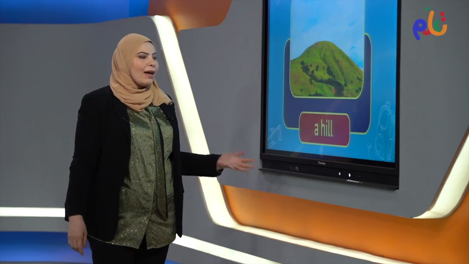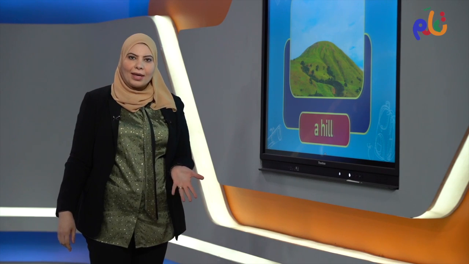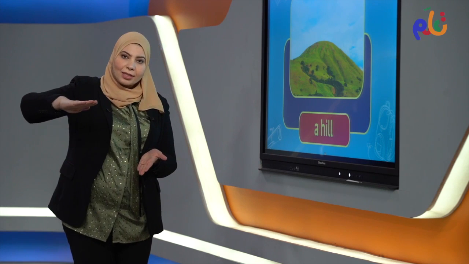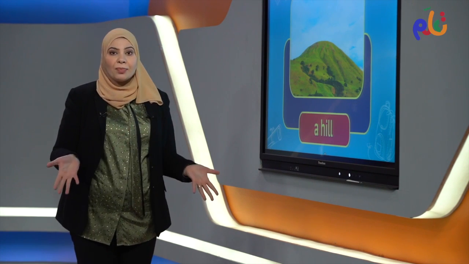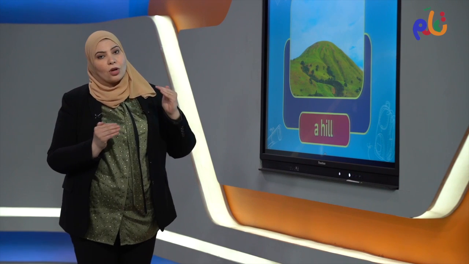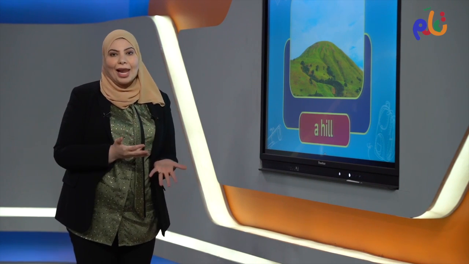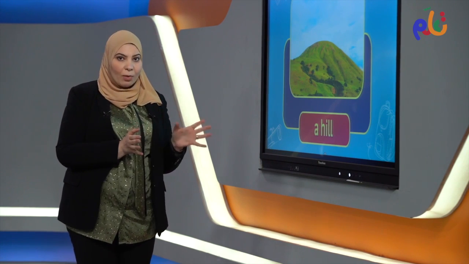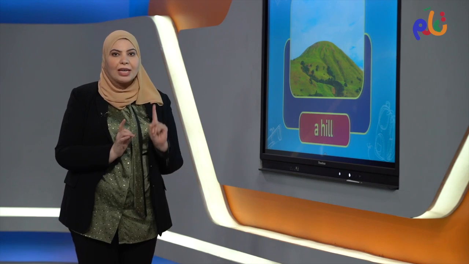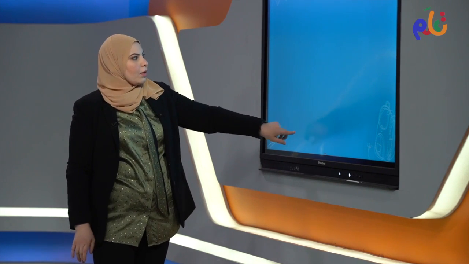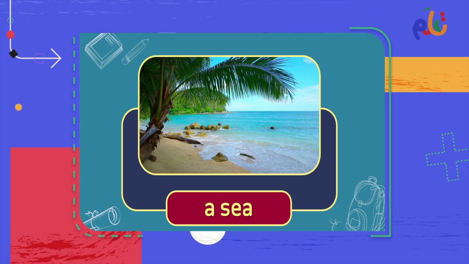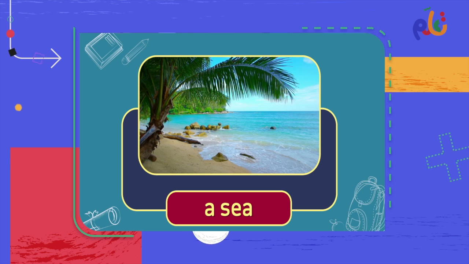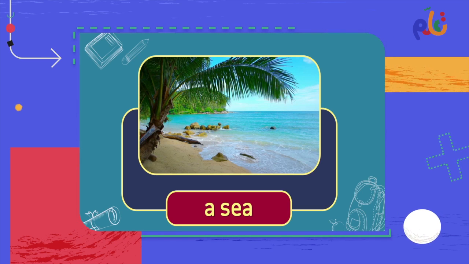The second thing that we have is a hill. And the hill is the same idea like a high place, and it's usually green. So it's called hill. So this is the idea of tell. It's called hill. But when we speak about hill, it is usually a green area. And we also have a sea, which is a big area of water that has salty water. So, sea.